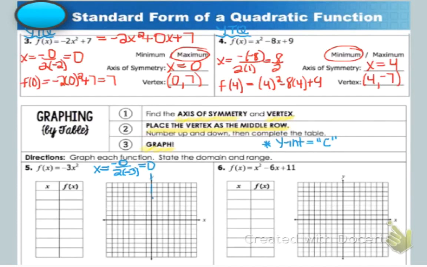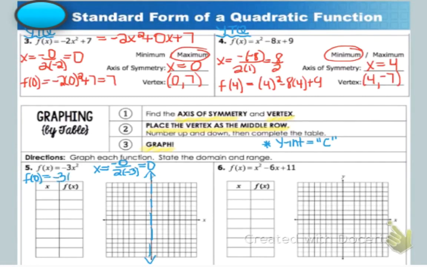If I actually put that on my graph, because this represents the y-axis, my parabola is going to be symmetric about the y-axis. So it's going to be a reflection image, one branch over the y-axis to get the other. Now the next thing is I have to find the rest of the vertex. In order to do that, I'm going to plug 0 into the function